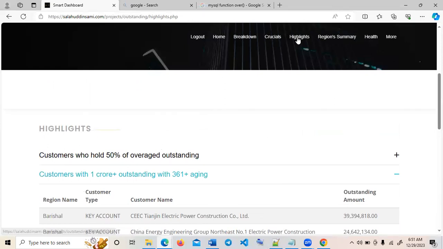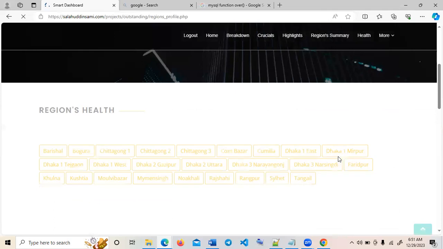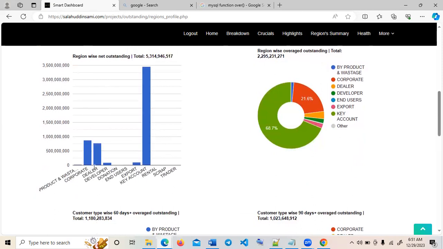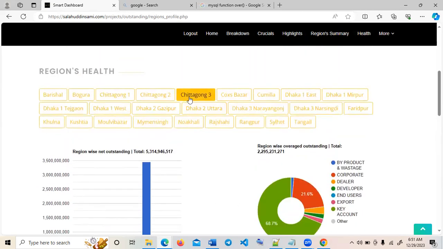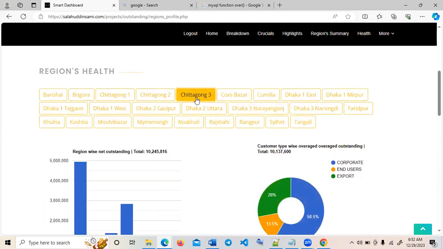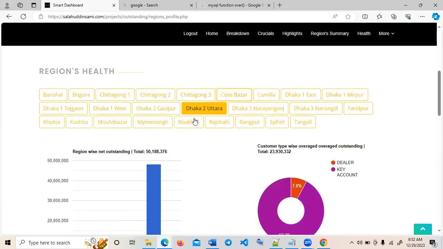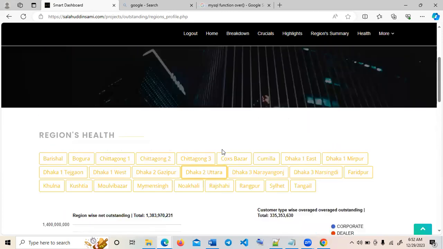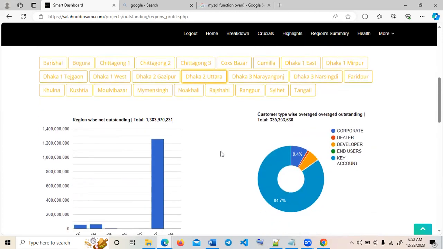And we can also see here, for example, health regions. I think I've shown this to you: for every region, how different types of customers are contributing to our receivables. This is a live dashboard; it changes data and shows it instantly here. It's taken some time because my internet wi-fi connection is a little slow. So I think you can see how it instantly changes data and shows the data very graphically and clearly